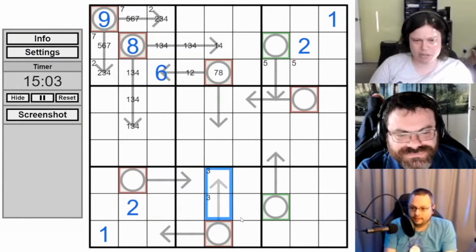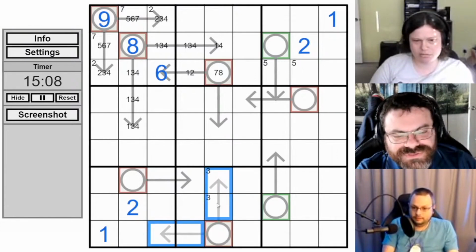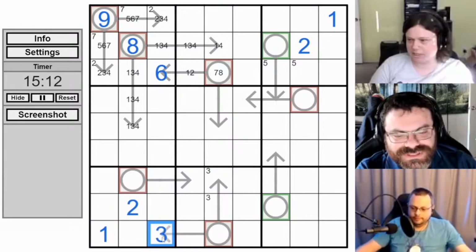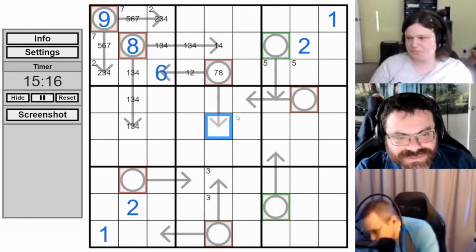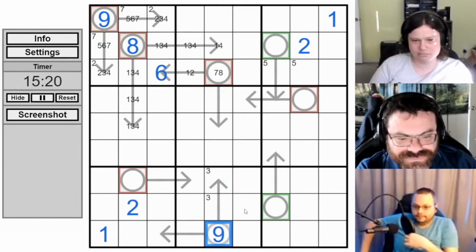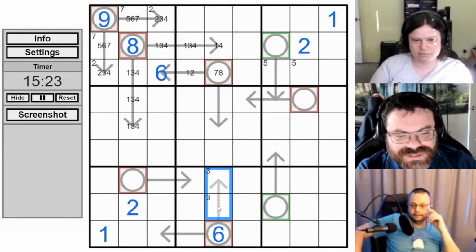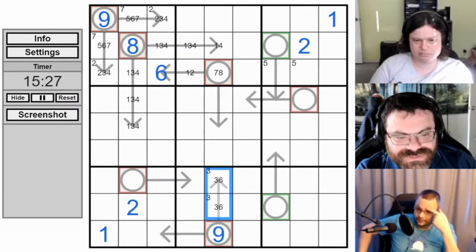But if it placed a 9 here, this would be a 6 and this would be 3. It also couldn't be a 3 in that circle because you'd need 1, 2 in both directions. This sees a 1 and a 2, so this is at least 3. That's easier to see. So this is a 9, because if it were a 6, then this would have to be a double 3. So now this is a 3, 6.